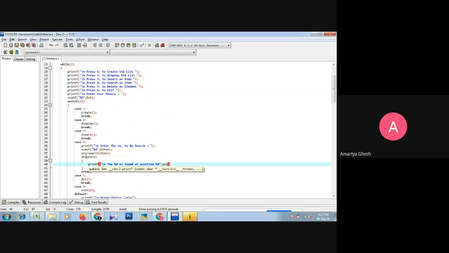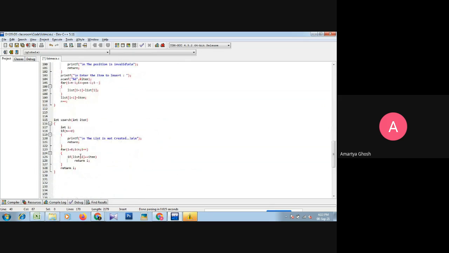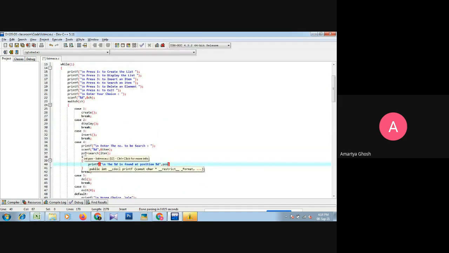Suppose the first time we go to the search function, the element is matched with the first value of the array, the list. Okay, so what is the position? Position is 0. Okay, so 0 is returned from this, and now pos holds this 0 and prints, that is the item that is printed over the percentage